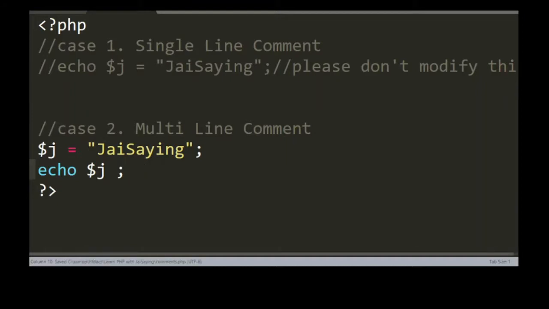Without the comment, we can display the value of the variable. You can check, without the comment, we can display this. If you want to block a multi-line piece of code, we have to use a multi-line comment.